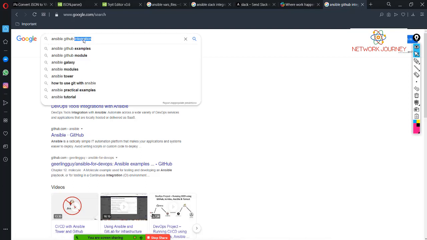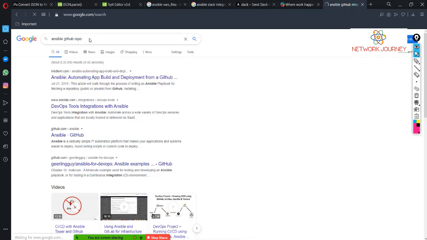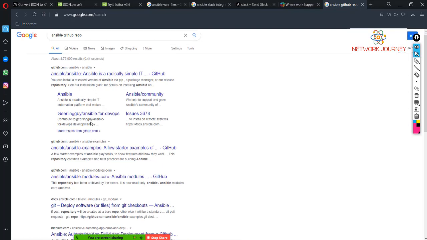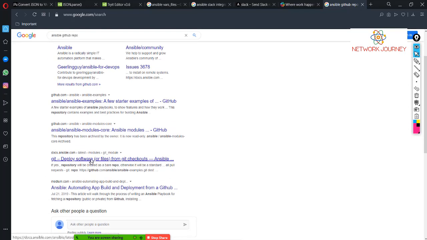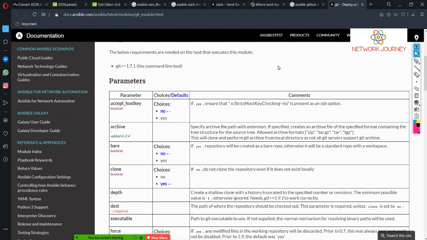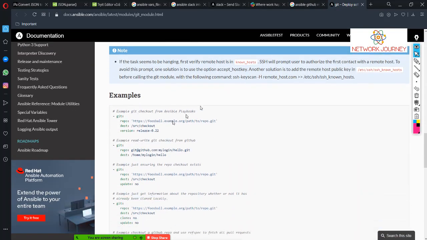So let's see repo. So you can see there is a way we can integrate, but there is an Ansible document for that. Okay, module. Okay, let's check this out. Yeah, this is the one.